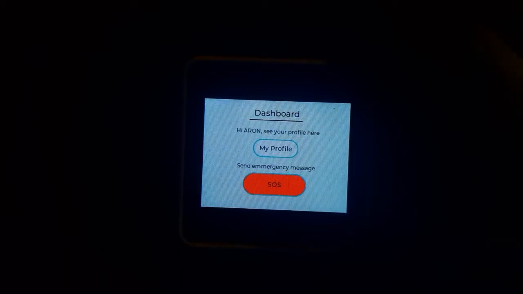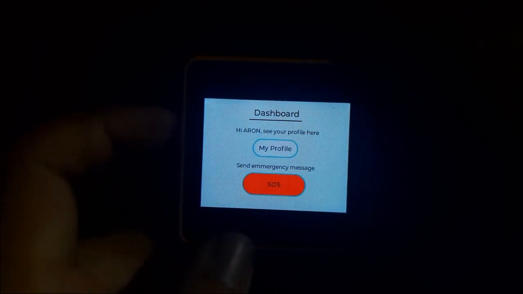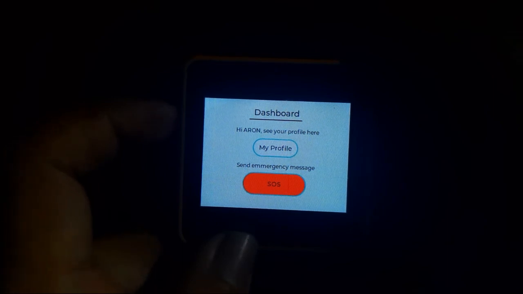So the question is, do we have to register all the time? The answer is no. We have to register once, and the data will be saved on AWS DynamoDB and will be redirected whenever we turn on the device. Like now, if we turn the device off by pressing this button for 6 seconds,